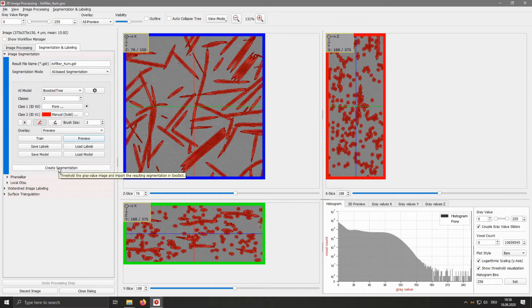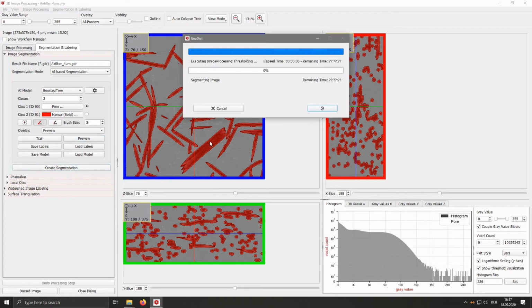Now if we click on Create Segmentation, the model will be applied to each slice of the scan, and a segmentation will be created. A few things to note is that you need to take care of labeling each phase roughly the same amount, especially if you're training the unit model.